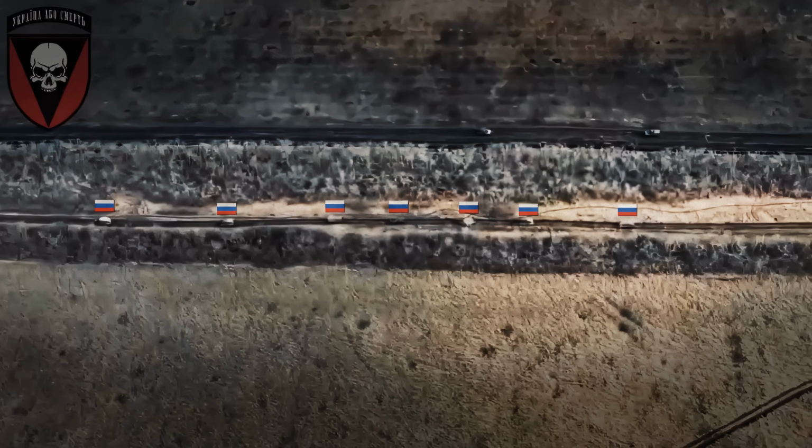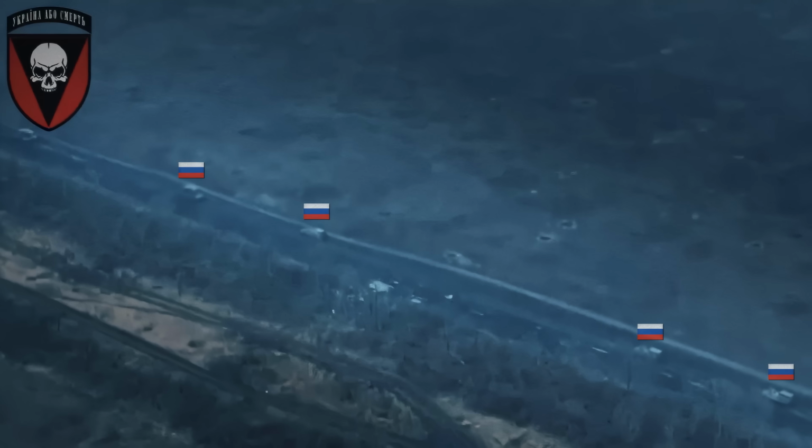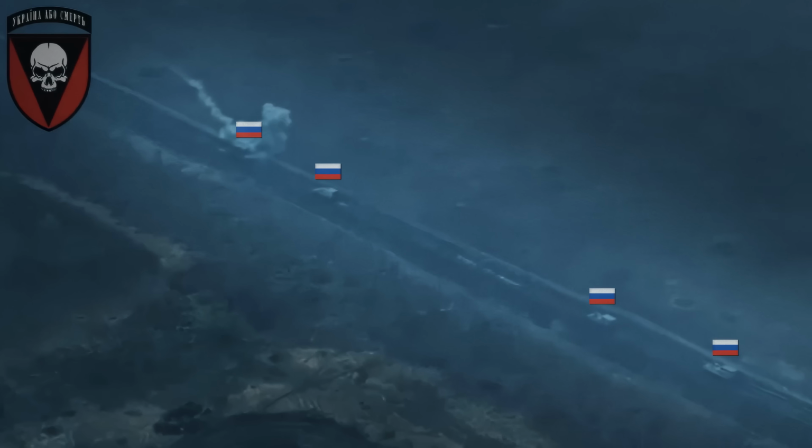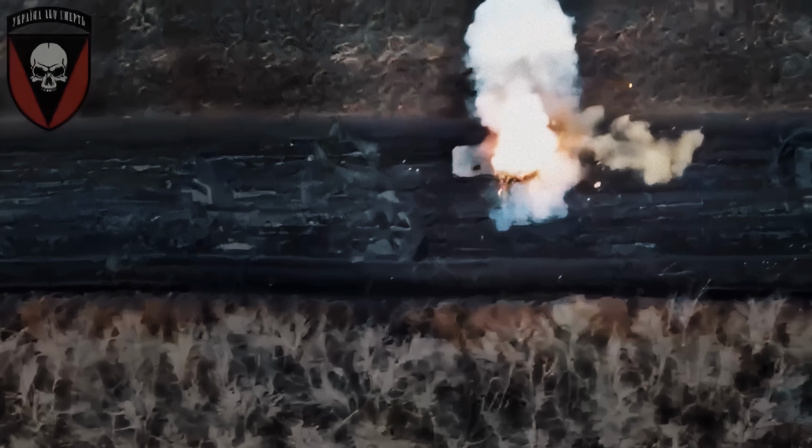A convoy of Russian vehicles moving along the highway. The occupiers don't know that Ukrainian drones are nearby. The first one hits an armored vehicle. The second one is in a tank. This doesn't stop the Russians,